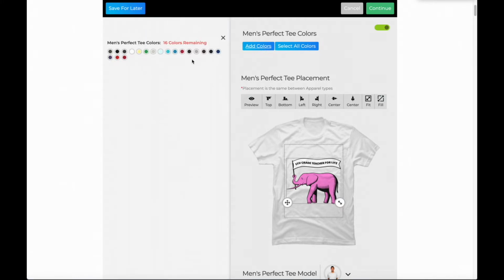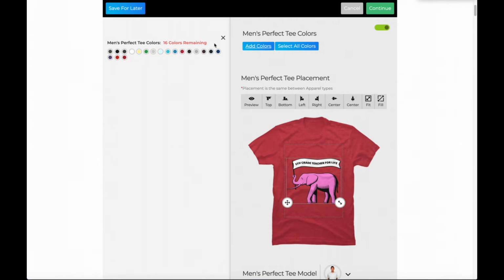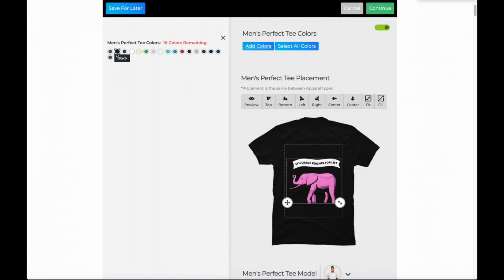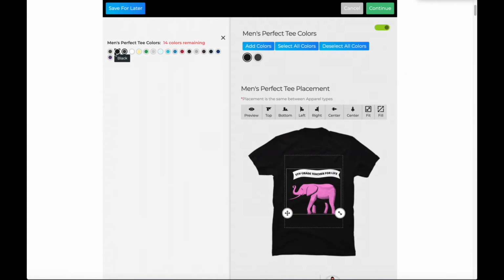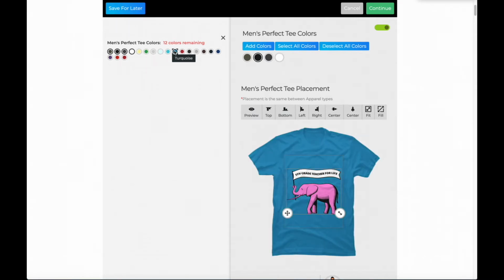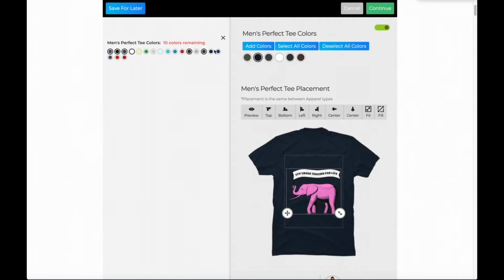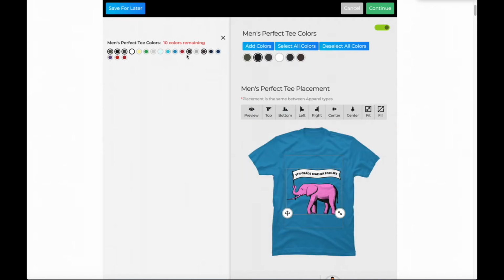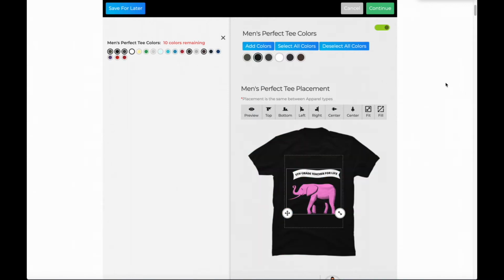So here you can see there's 16 colors remaining, meaning I can choose up to 16 options. What I'm going to do is I'm going to choose the colors that I want. I'm going to choose black. I'm going to choose charcoal. I'm going to choose military green. I'm going to choose white. I'm going to choose charcoal heather, mocha heather, and so on. So yeah, you can choose multiple colors, and then these are the colors that I want, so I'm just going to leave it there. So I'm going to scroll to the bottom,